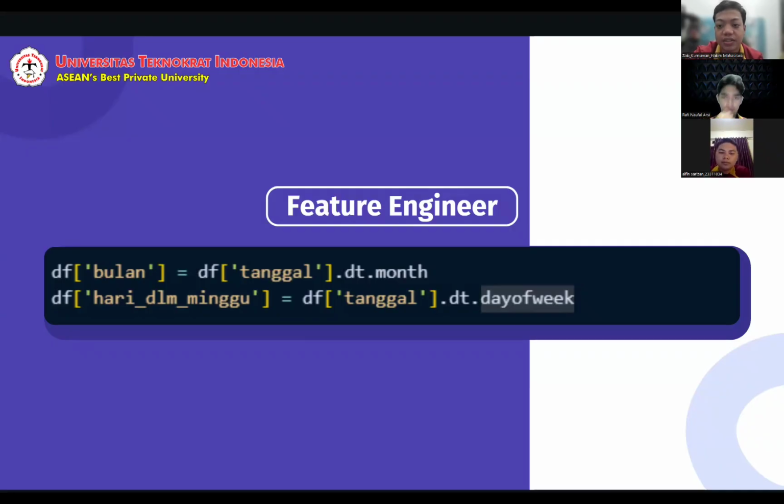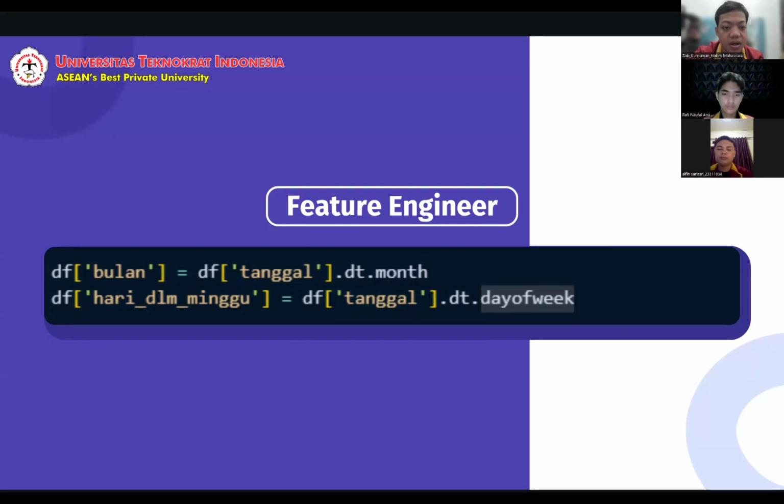In the context of Abadi Stationery store sales data, features such as quantity of goods, total price, unit price, and time information like month and day of the week are processed into comparable numerical variables.